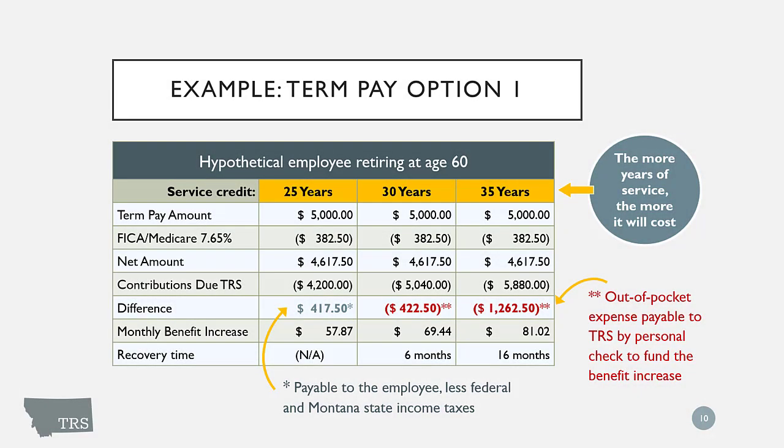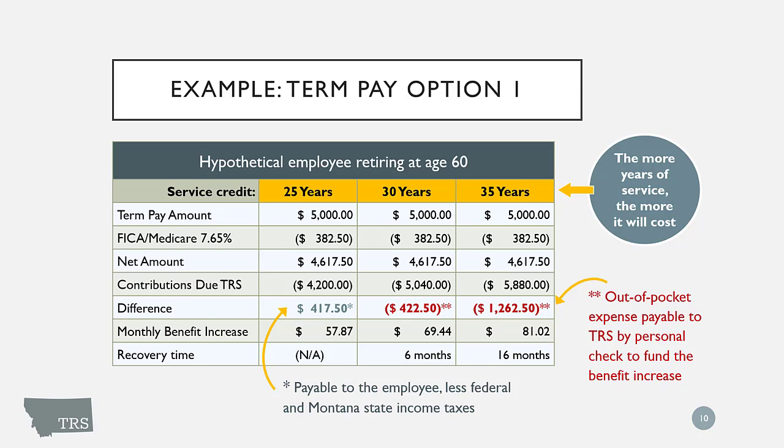Let's look at a term pay example for option 1. In this hypothetical situation, we have an employee age 60 who is retiring, and we're looking at 3 different scenarios at 25 years of service, 30 years, and 35 years, noting that the more years of service, the more this will cost the employee. The term pay amount in each one of the scenarios is $5,000. The FICA and Medicare is deducted at $382.50, and the net amount for each of the 3 scenarios is